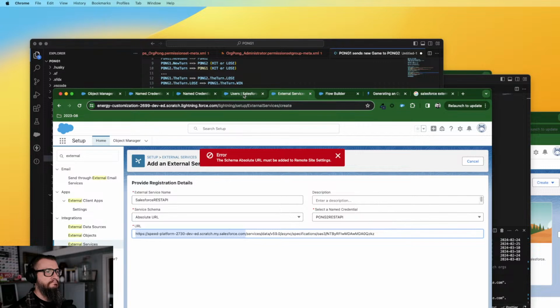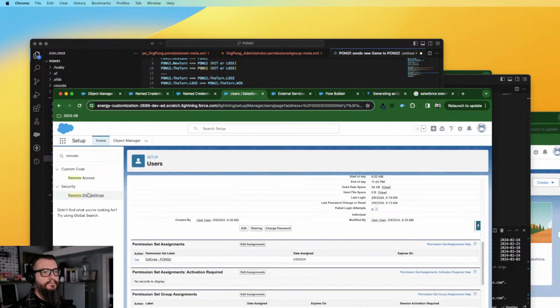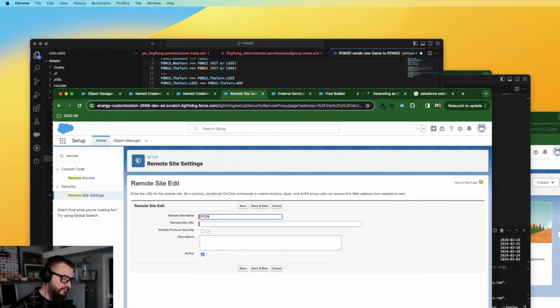Remote site setting. Well, why not? I doubt this is gonna work, but